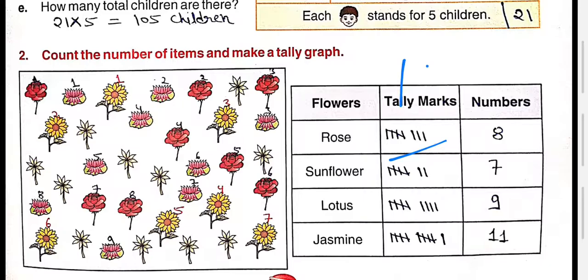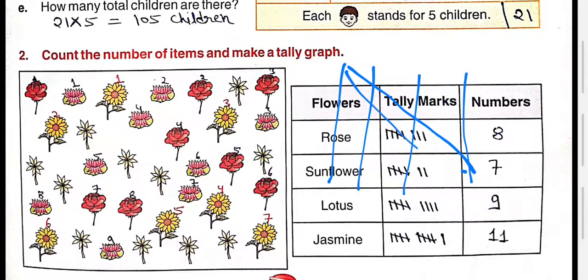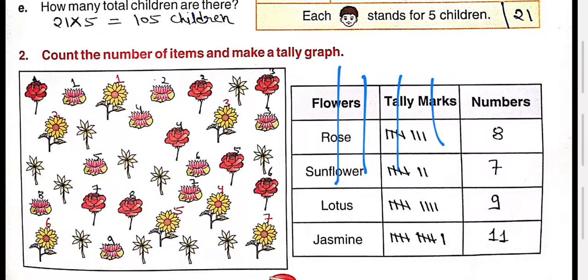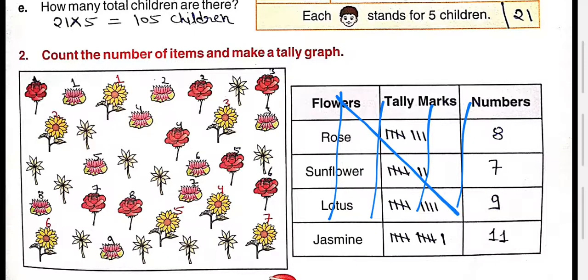8. But you have to write in such a way that your first part will be cut with the last one. Okay. If you draw like that, the tally mark is wrong. Or if you draw like that, it is wrong. The proper way is that the first end will meet with the last one. Okay. Let me try to draw again. Suppose this is 4: 1, 2, 3, 4. Now a cross with that one. Okay. So it is known as what? Tally mark.